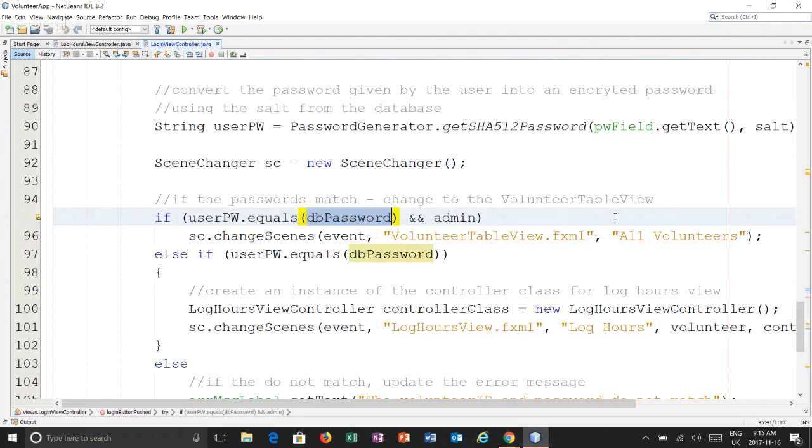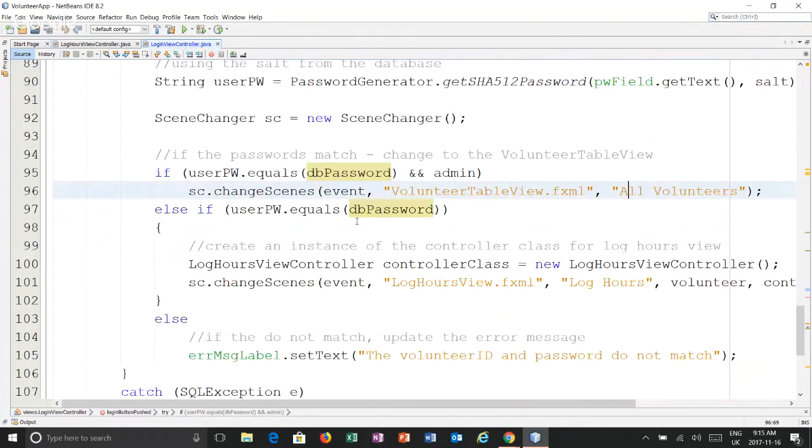If they are, go to this view. If they're not an administrative user, but the passwords match between the interface and the database, then go to this log hours view. So in here, what we need to do is we need to set up a scenario where